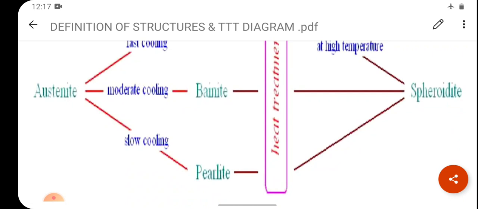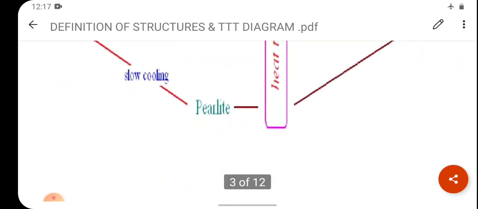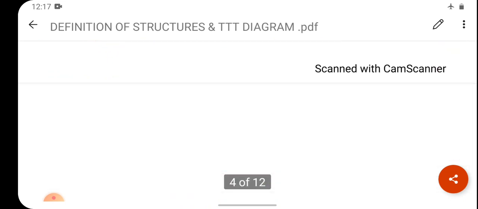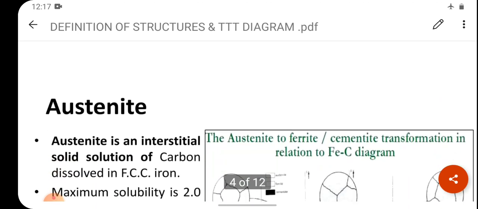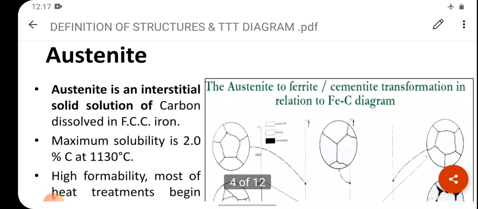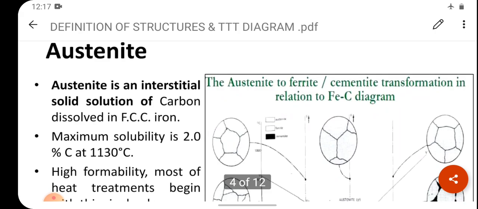And after providing heat treatment to these structures, we will get tempered martensite and spheroidite. So these are the basics of austenite transformation: austenite to martensite, austenite to bainite, austenite to perlite. So here I will show with the help of a diagram